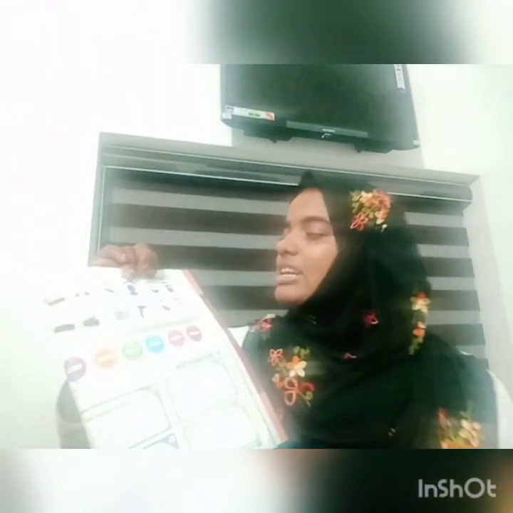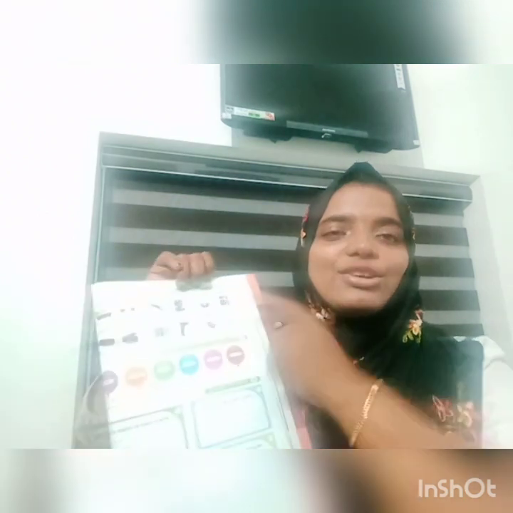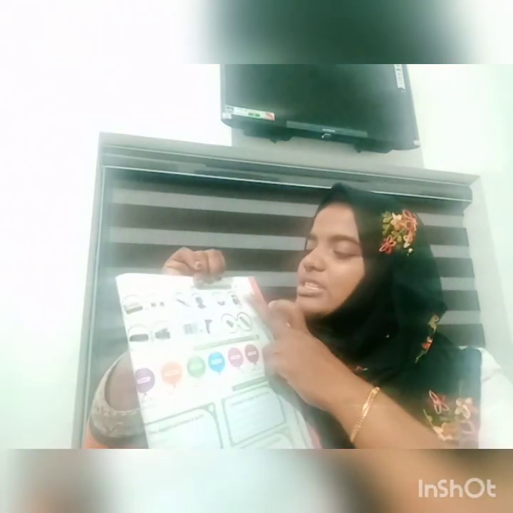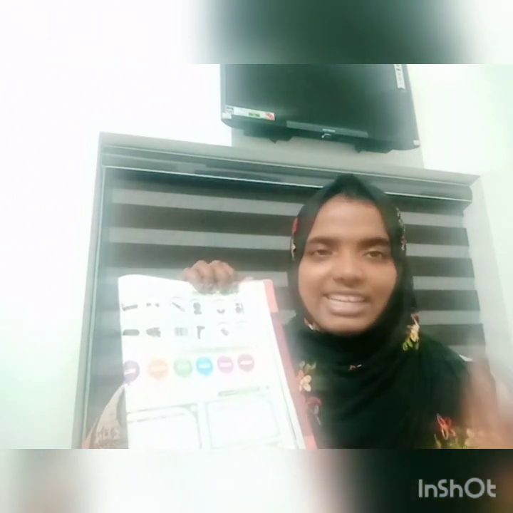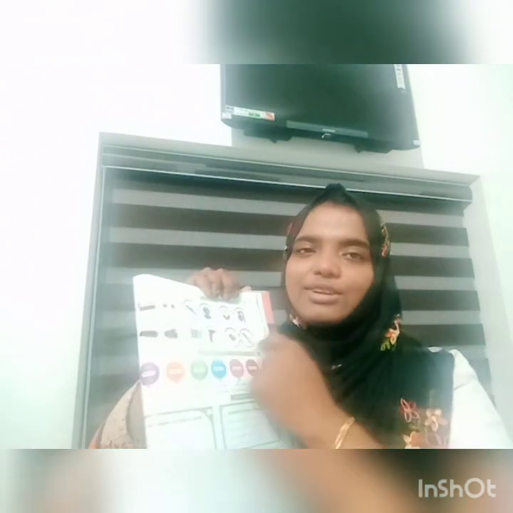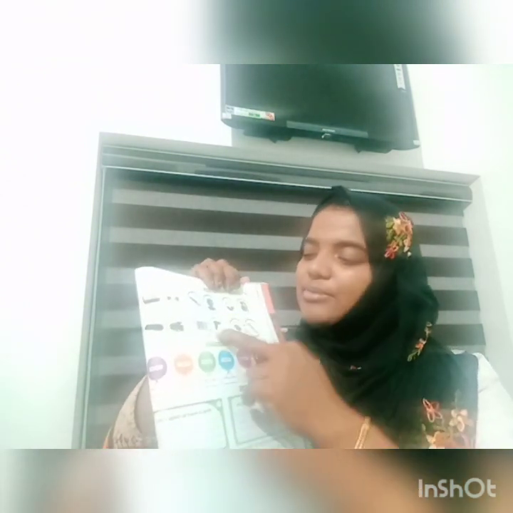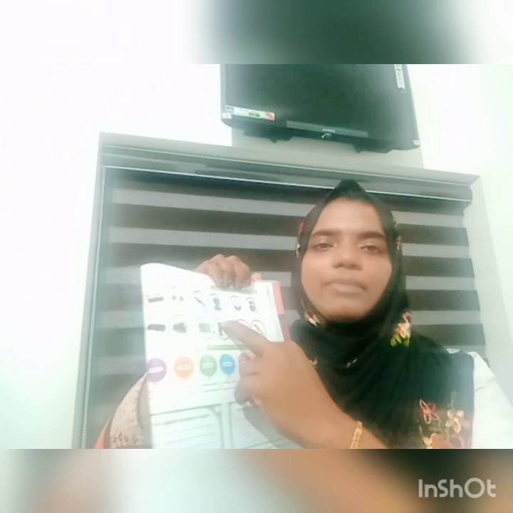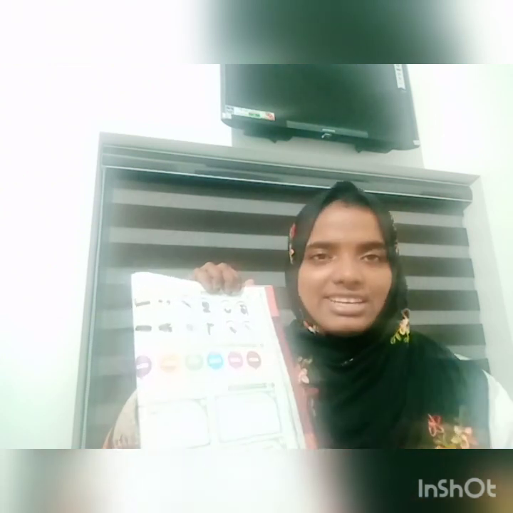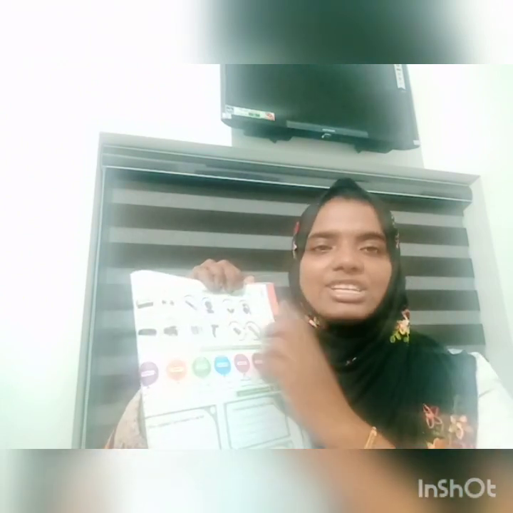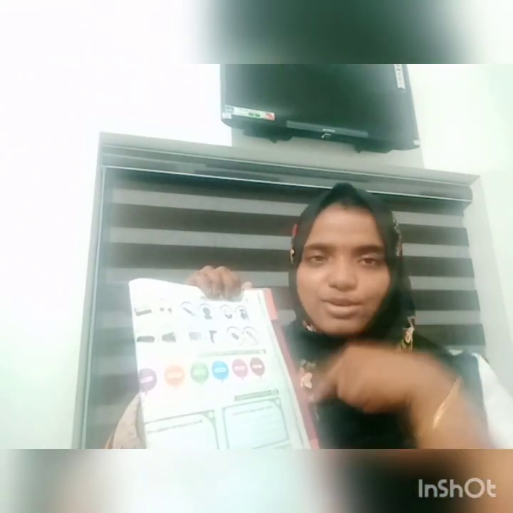Now see here children, the 5th one, that is pick out the right combination. A good combination you want to select from this. Suppose a speaker and a headset are there. Is it a nice combination? Yes, so you can tick it. Like that you want to find a better combination here. For example, here one barcode is there and a barcode reader is there. So this is a combination, right? So you can tick here. Like that, the good combinations you select and tick, others you cross.